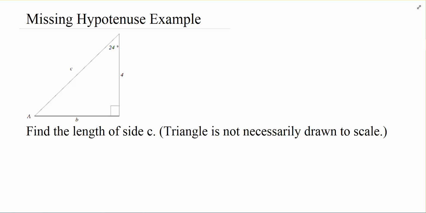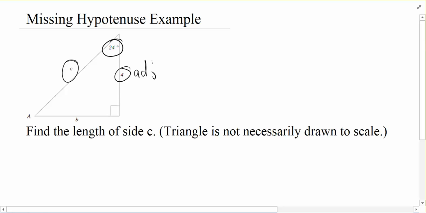Now this example is going to be similar to the last in how we approach it. The algebra is going to be a tiny bit different, but we're going to start off the same way, saying, hey, I got this angle here, I got this side length that I happen to know, and I'm looking for the hypotenuse over here. So this side 4 is going to be my adjacent side since it's touching the 24-degree angle, and C over here is my hypotenuse. And so I ask myself then, all right, which trig function involves adjacent and hypotenuse? And that's going to be cosine.